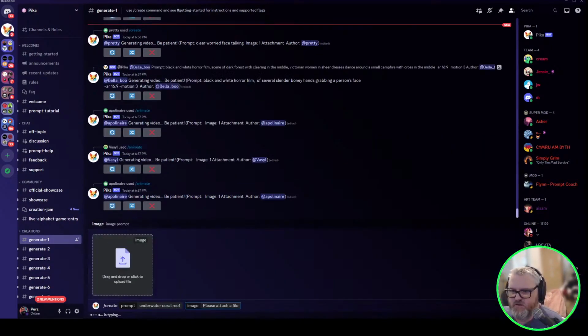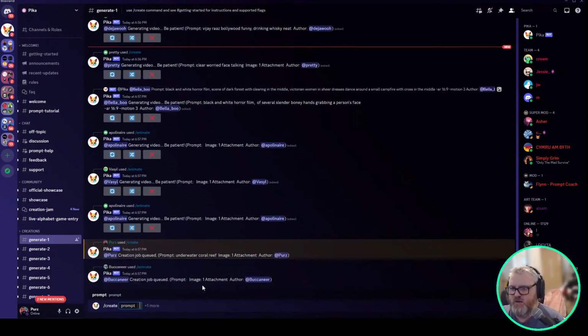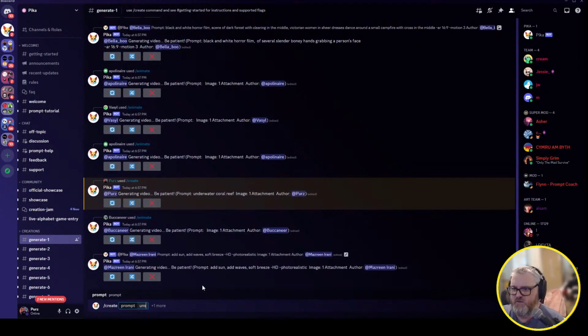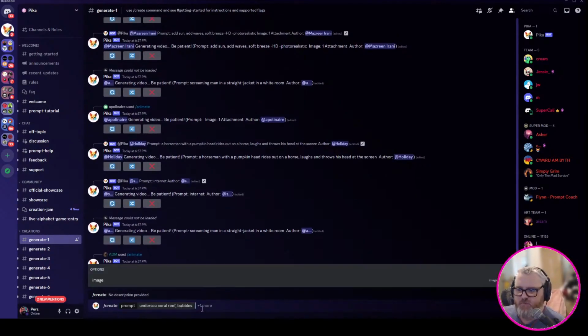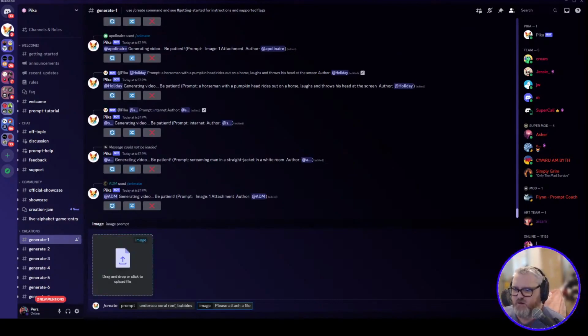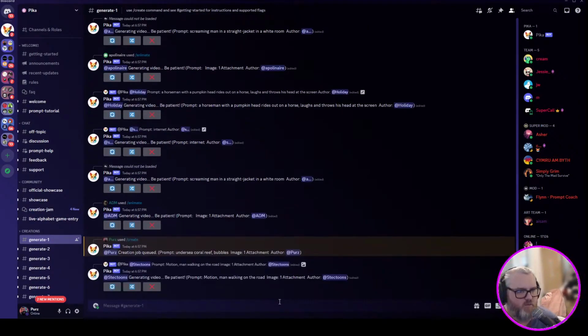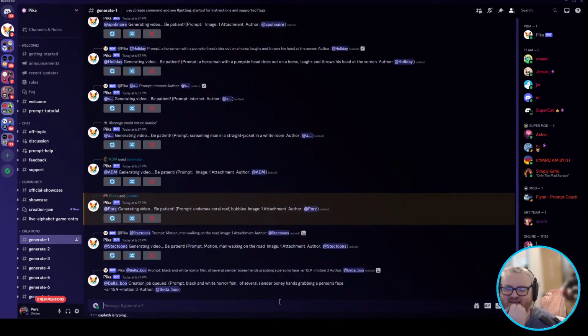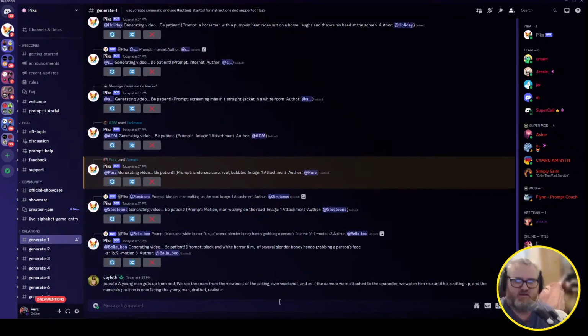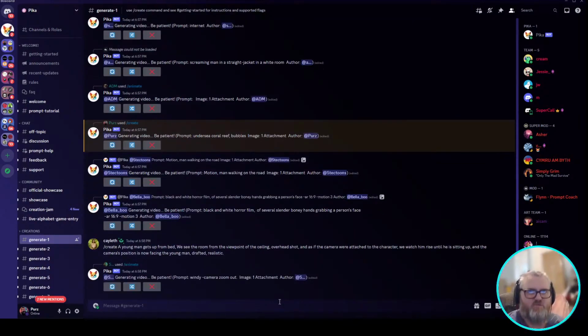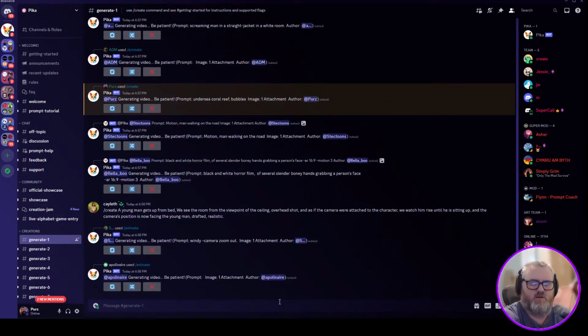Underwater image is this one. Create undersea coral reef bubbles. Yeah, prompting Stable Audio is a process. There's a guide to it on the website. It helps you save some credits by getting the right stuff set up the right way, basically. Because by nature it makes certain sounds certain ways, so you gotta prompt it very specifically.